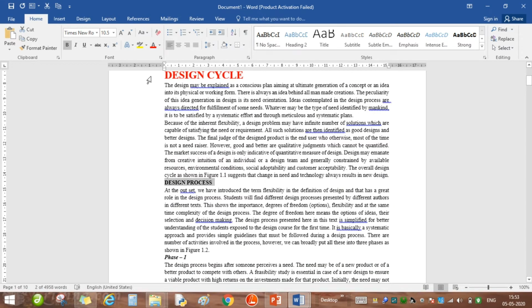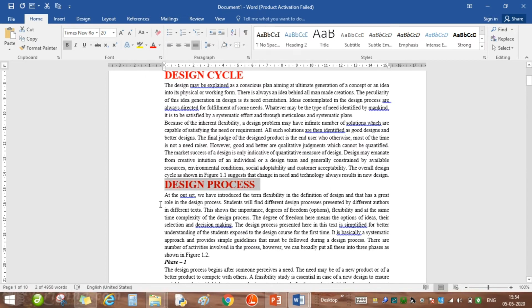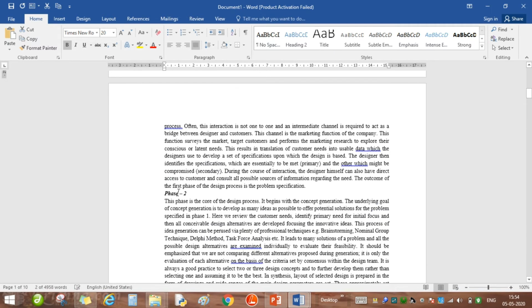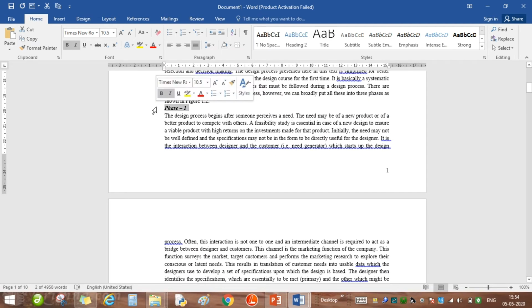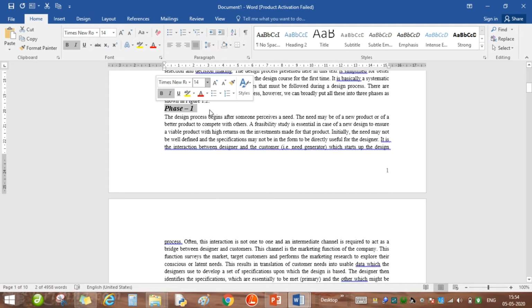I can either use the Format Painter brush, or I can do the same process again. And suppose this is my second subheading, so I can increase this size here, and so on and so forth.